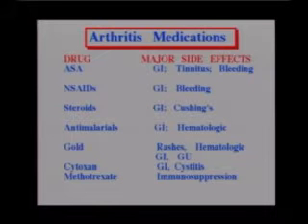Now, we noticed years ago that when patients were going to malaria countries and were taking prophylactic malaria drugs, their arthritis symptoms got better. So we said, aha, maybe we can use that to treat arthritis. So we sometimes do. We tend to use quinine drugs sometimes. They can also cause nausea, vomiting, and diarrhea, and they can cause blood dyscrasias.